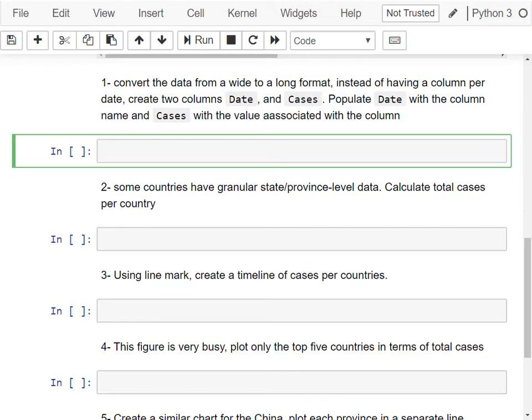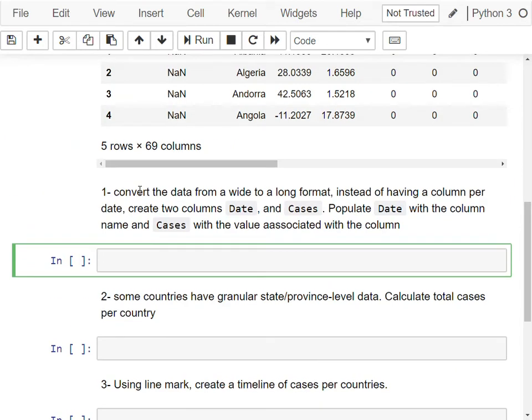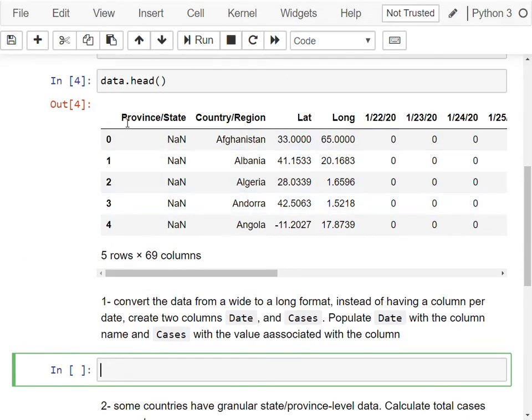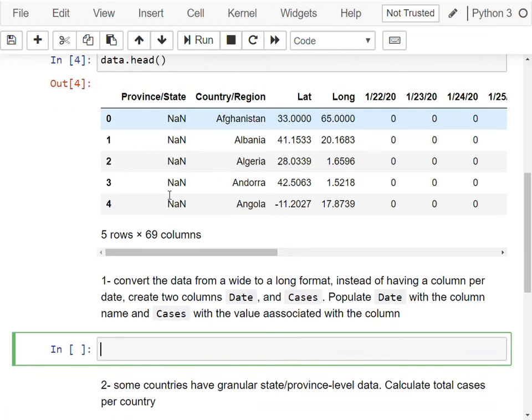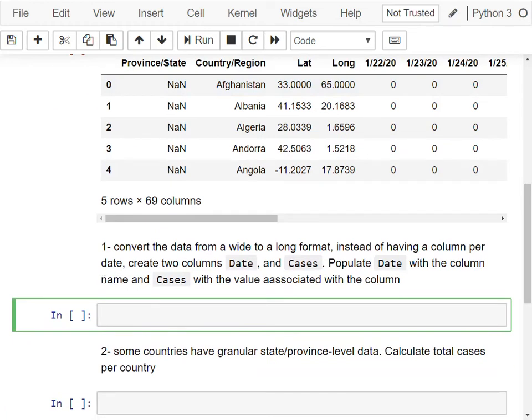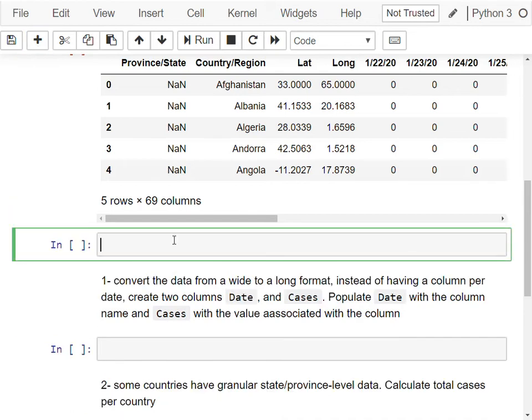Okay, so how do we do it? Well, first we need to stack our data. But before we stack the data, we need to differentiate between the date columns and the remaining columns we have in the data frame. So before doing anything, I'm going to split the data into 2 data frames. The first data frame, which I'm going to call part 1, is basically all rows and the first 4 columns